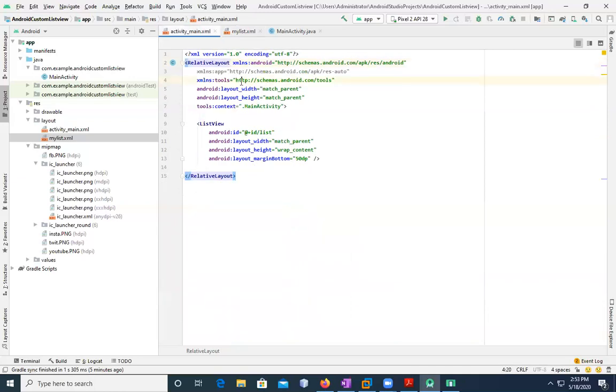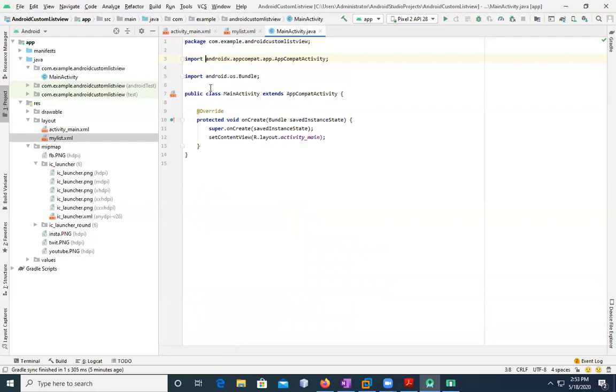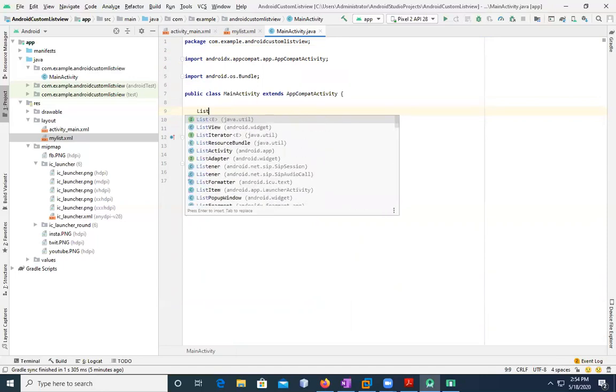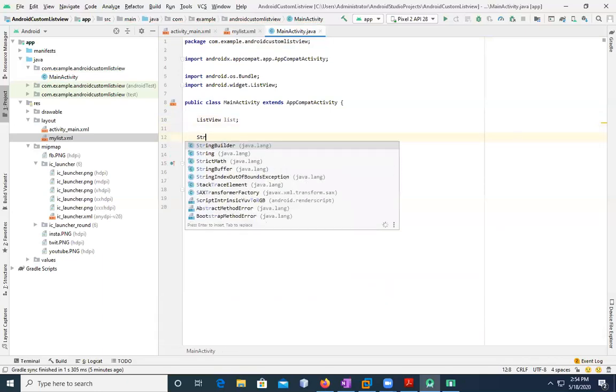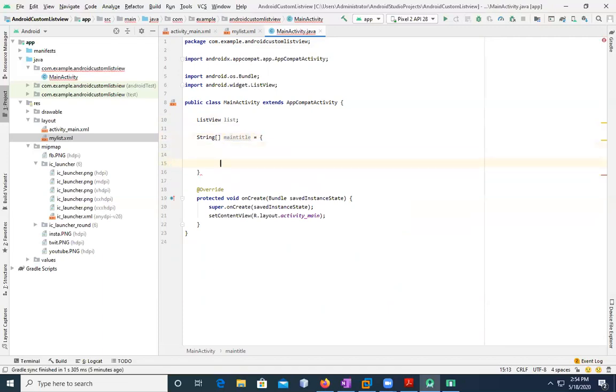In activity, we have this thing, activity Java. We'll go here. So as we're using list view, I'm going to create a variable with the help of this class ListView, and I will name it as list class. And then if I'm going to store it in string, so String array I'm going to create, and mainTitle will be the name of it, equals to,